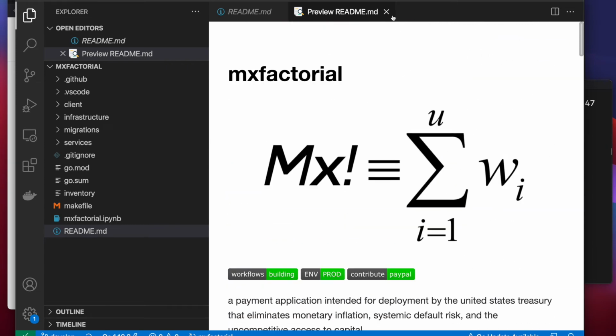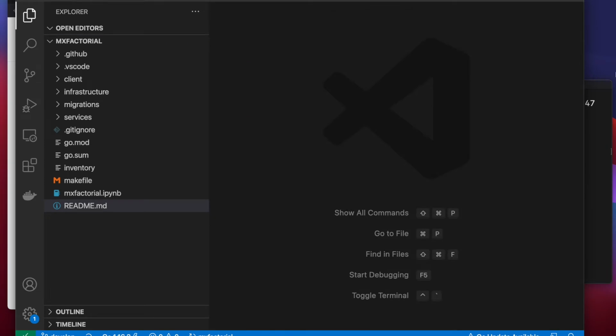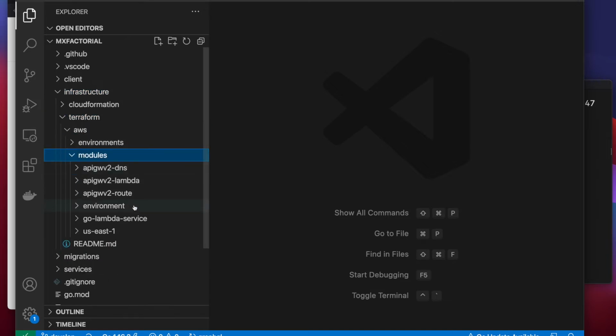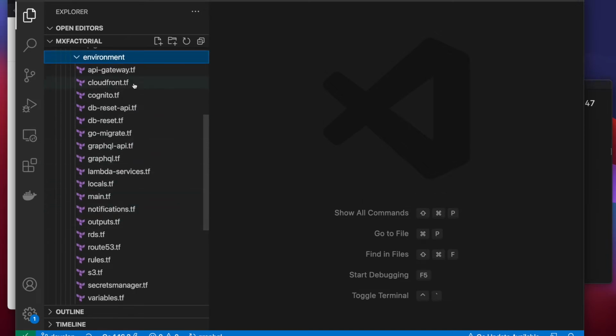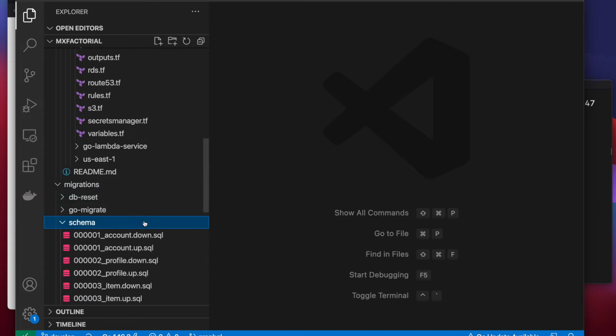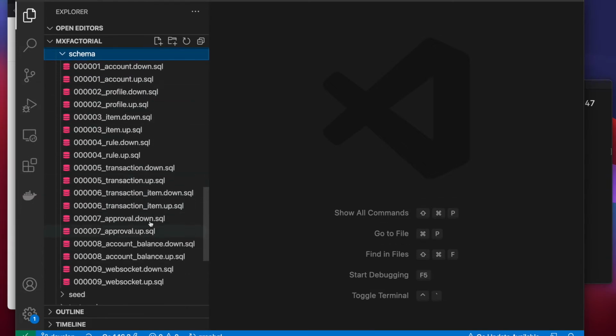Now there are 5 areas of code in this project, starting with the root, and the rest are available from the root. We'll follow the sequence of deploying an app when describing these areas. Next is the infrastructure code. This is where all the code that creates the databases and servers is stored. It's purple. Then, the third area is the database code, which is stored in the migrations directory. Expand the schema folder. The database code is pink.